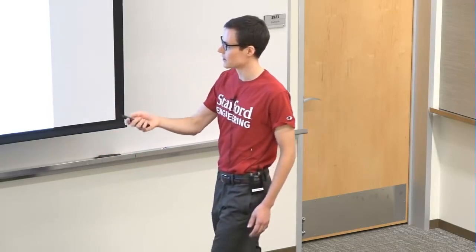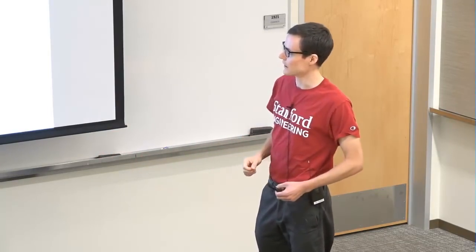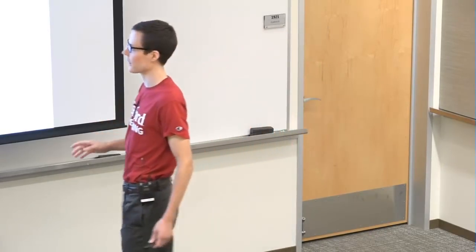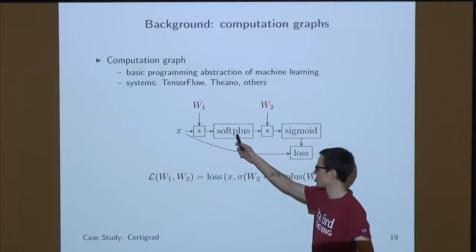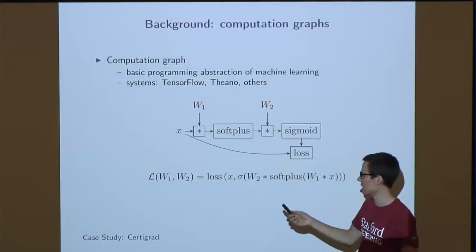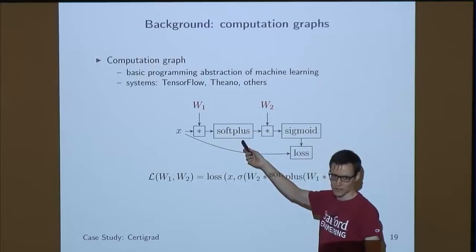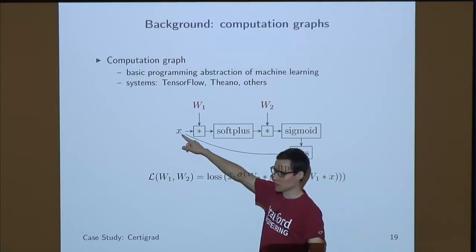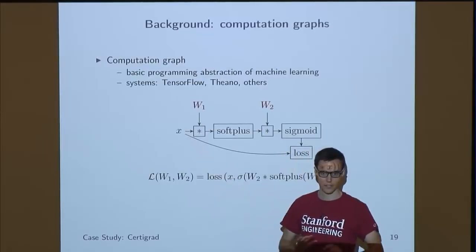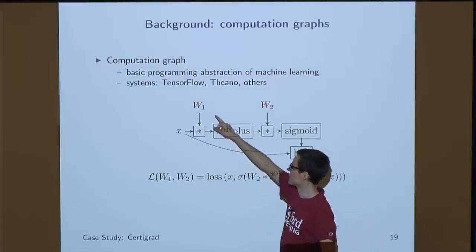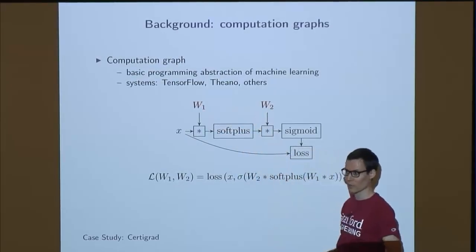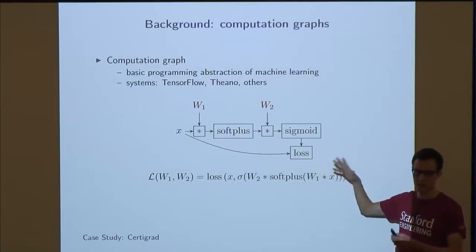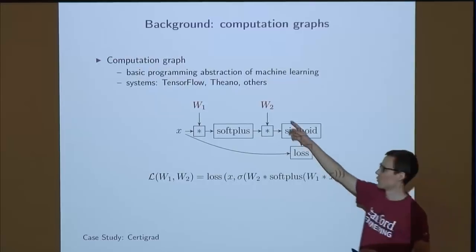And here's an example. It's basically just a simple program, usually a directed acyclic graph, where each intermediate node represents some kind of computational operation, like this is matrix multiplication, this is the Softplus function component-wise. You're going to have some inputs, like the ones in black, that are just data that are fixed. And you have some inputs, which I put in red, which are parameters that you don't know. And then you have some loss function, which is some notion of how unhappy you are with the parameters at any given stage.